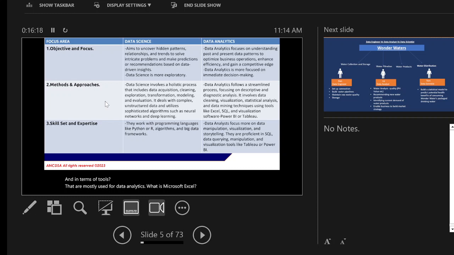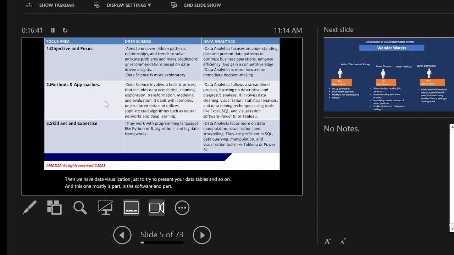We have what's called SQL, Structured Query Language, and I have explained in the curriculum what we need it for: querying data. Then we have data visualization, just to try to present your data in tables and so on. And this one mostly is the software used, Power BI or